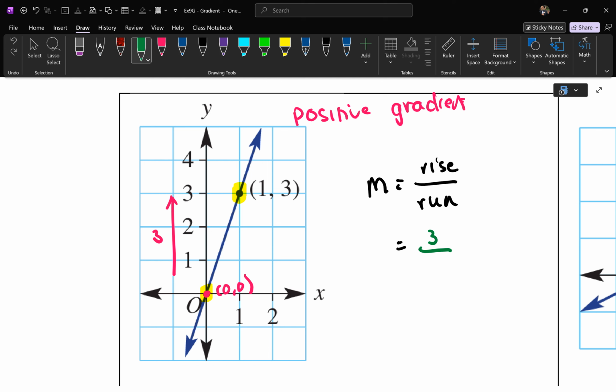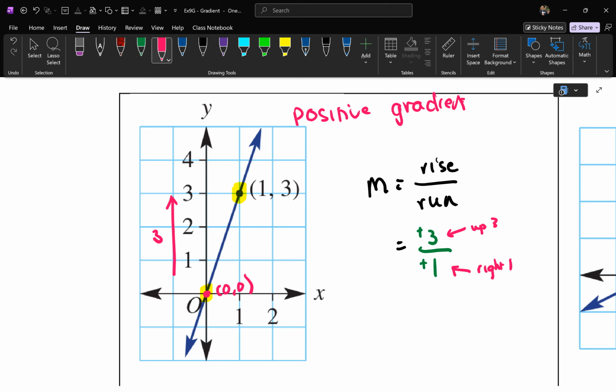How far did I have to go? So now I'm right here. I started from here, I went up by 3. I need to get here. How far across do I have to go? 1, but it's positive 1 because I'm going on the right side. So up by 3, to the right by 1. I'll write here just so that you understand. This is up 3, right